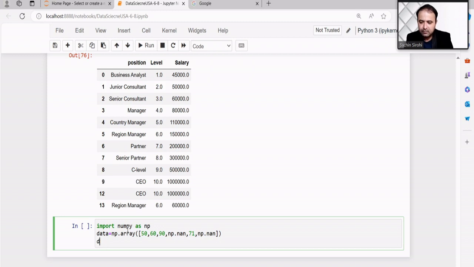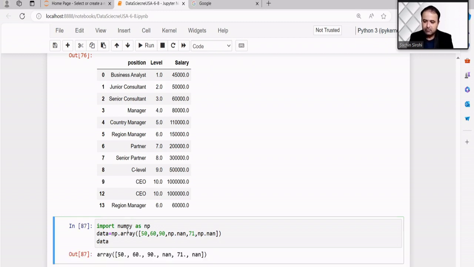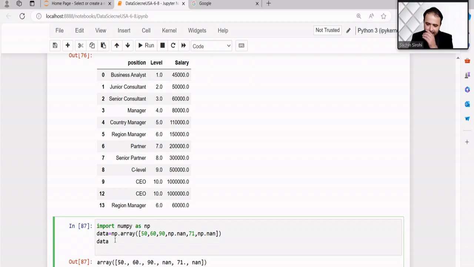So we have some null values. Now I want to provide this data into a data frame,